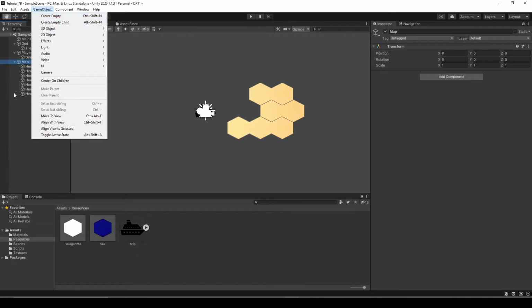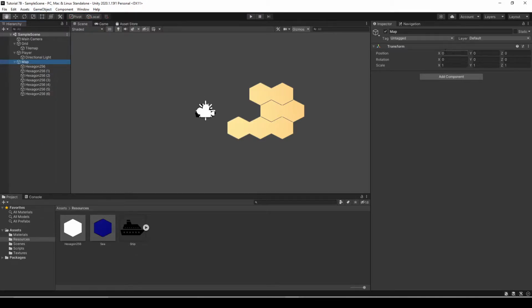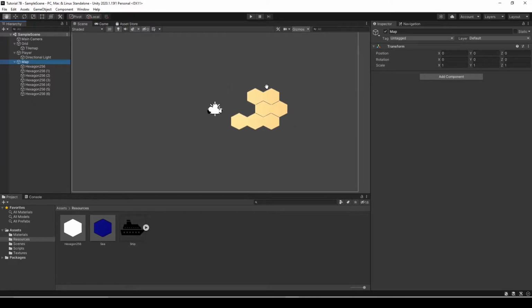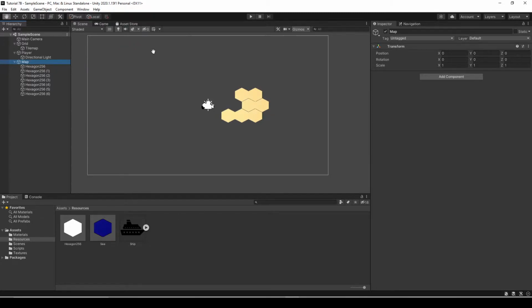empty game object positioned in 0, 0, and I called this map. This empty game object is just a container for all the pieces of the obstacles that I wanted to add. So we can imagine that in an empty game object we can store all the hexagons of the various types that compose our map. I just put this little island-like shaped